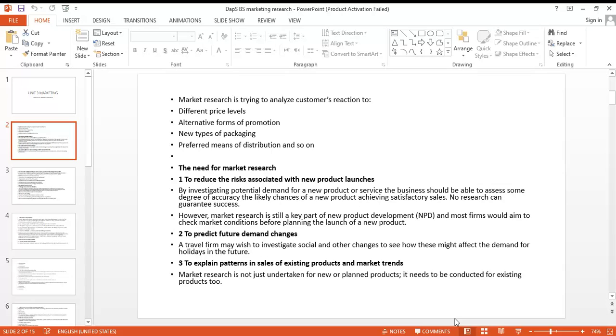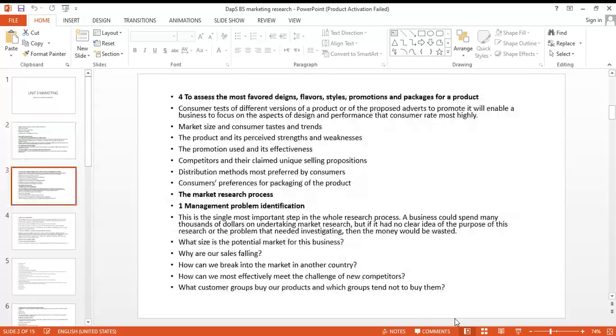Some reduction in risk. That is the first thing. Secondly, specifically, demand trends are studied. What kind of changes, social, economic, political, what kind of changes are coming in the country or in your target market, which are going to affect the demand. So if you can produce the product in accordance with the demand, then the product will be a success. For the existing product, if sales are going up, why are they going up? If sales are going down, why are they going down?